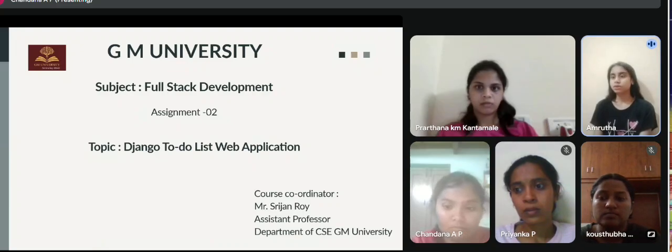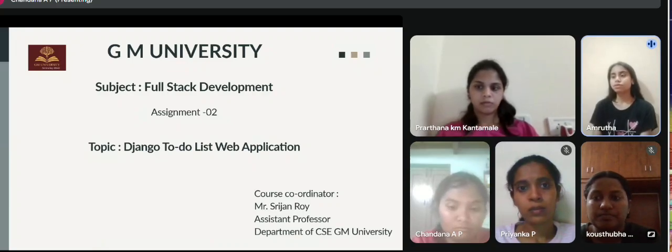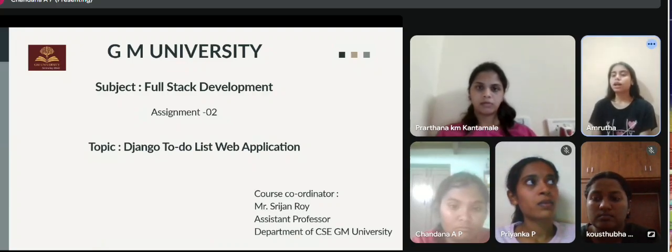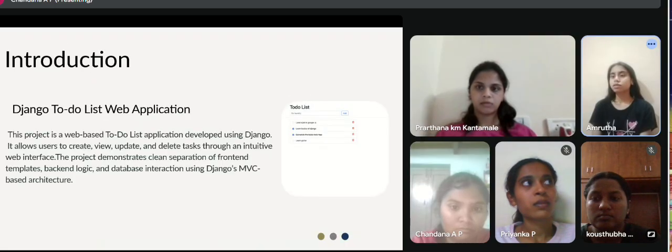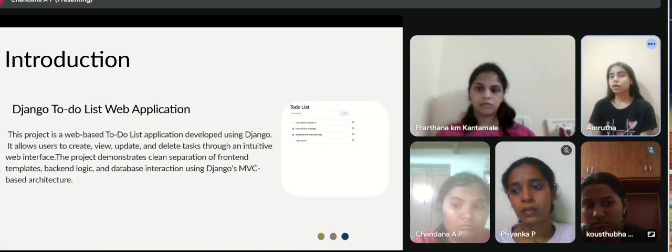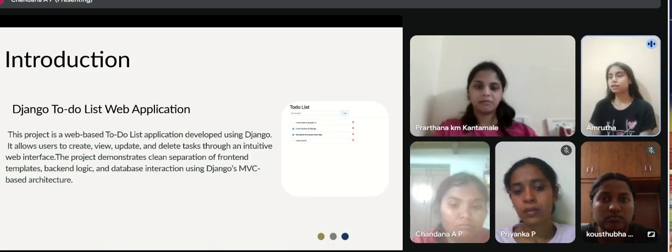And today we are presenting our project, To-Do Web Application using Django. This project is a simple yet practical task management system developed using the Django Web Framework. The main purpose of the application is to help users add, view, update, and delete their daily tasks in an